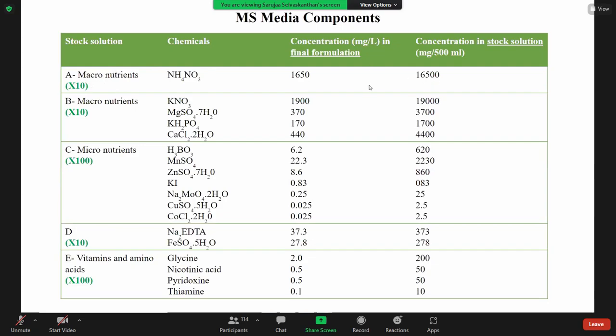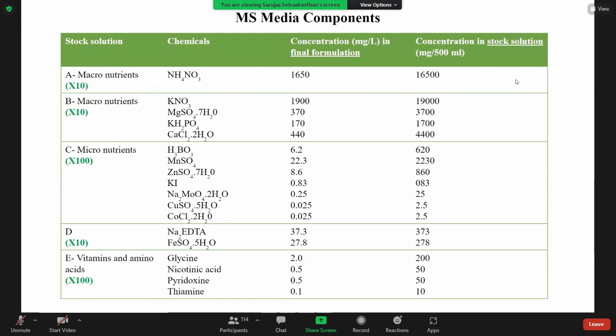Likewise, macronutrients, we can add it tenfold. 16,500 milligram of ammonium nitrate, we have to measure it and dissolve in 500 milliliter of water,